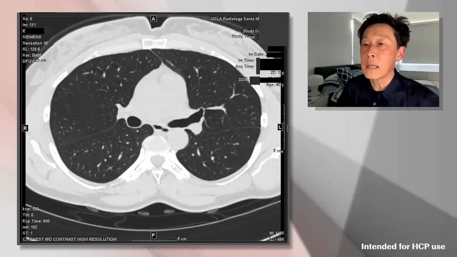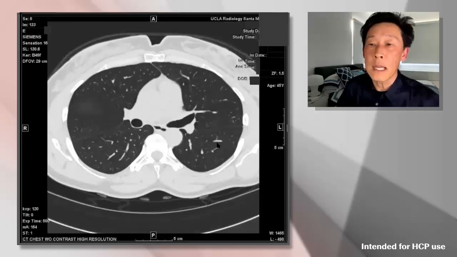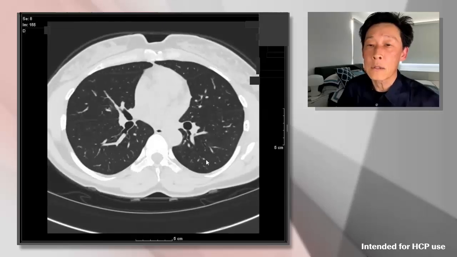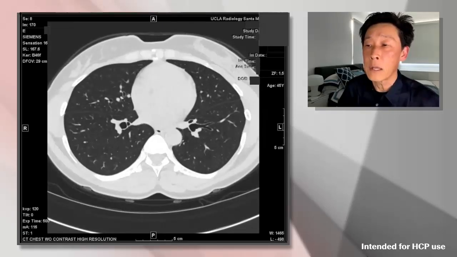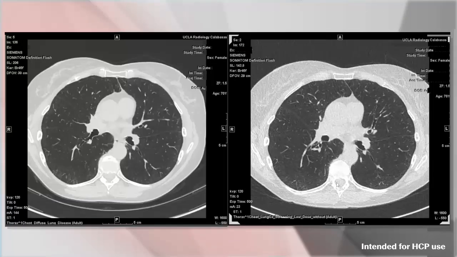So again, this is the case that I showed you earlier, just so that you get a feel for what an optimized dose looks like. But I'm going to take you to another example here, and we're going to focus on these two images. On your right, we have a screening CT, and this is really ultra low dose. We can see that the mA here is only 23. And on your left, we have the HRCT, and if we look at the dose here, it's at 144. So,